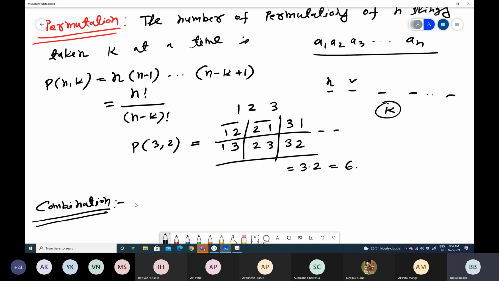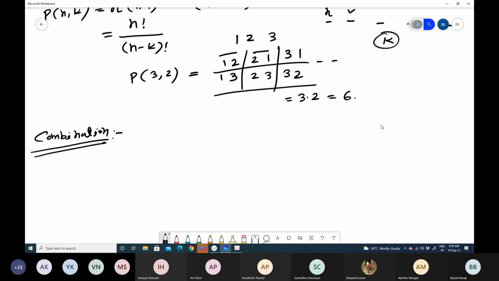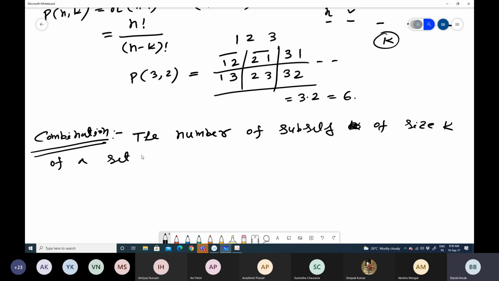So we can write here: the number of subsets of size k of a set of size n is,